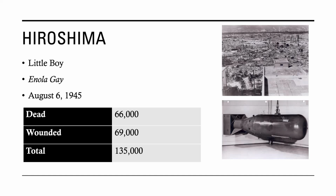So what Truman did is he decided, all right, we're going to try to stop this war quickly. So he actually sent out a warning to the Japanese saying, hey, you got a new bomb, and it's got more devastating power than anything you can imagine. You need to surrender. Which the Japanese, of course, refused to do, and so on August 6, 1945, the Enola Gay delivered Little Boy to the city of